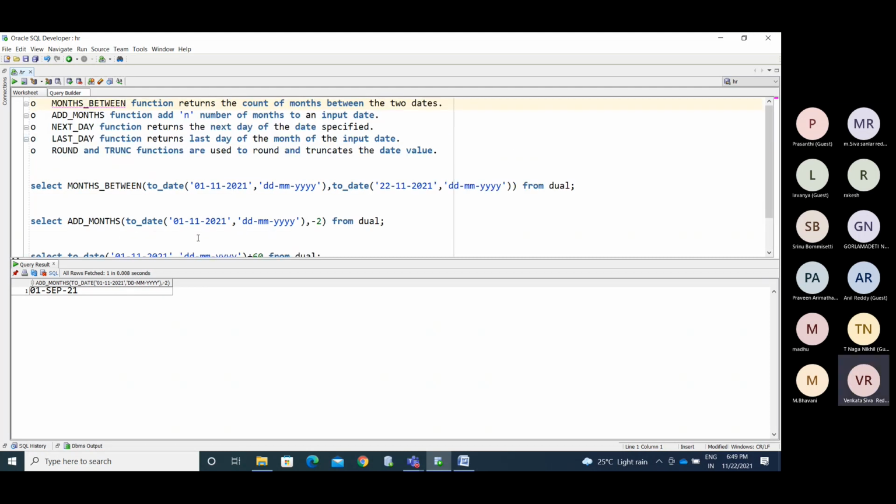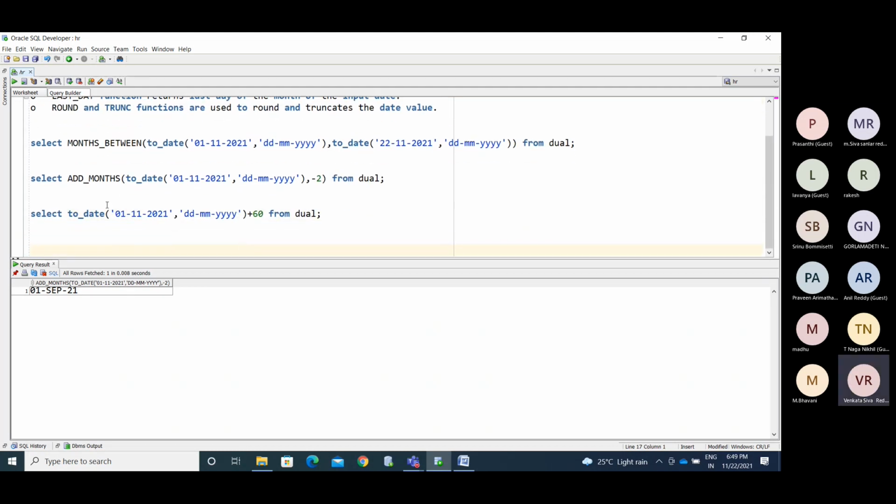Now we have NEXT_DAY. See, take this NEXT_DAY. Whatever the things we have, we require Sunday. So what is the next Sunday date from today onwards?